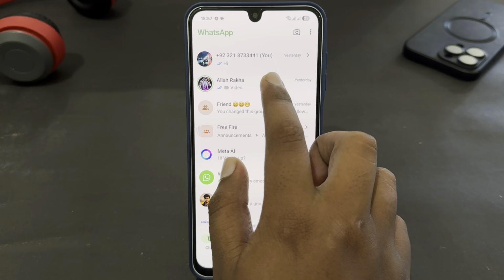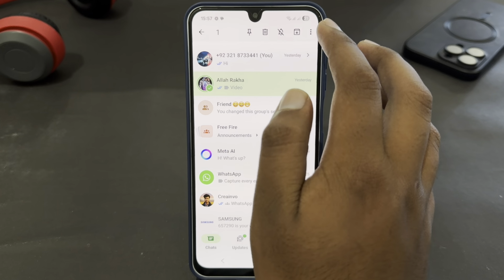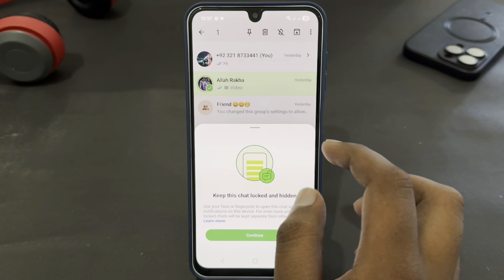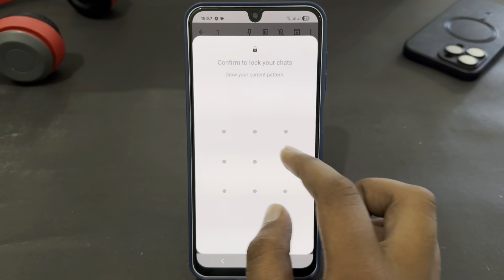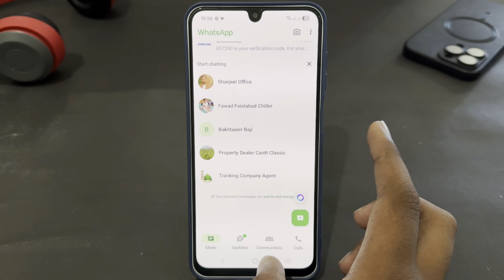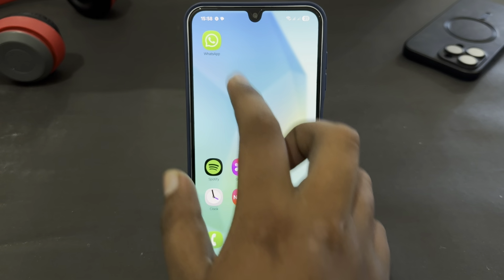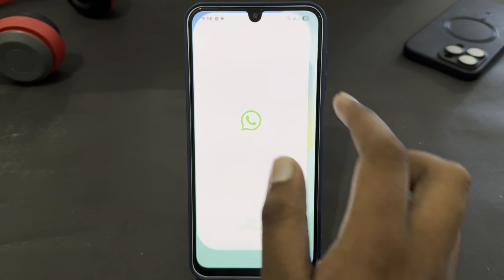Just keep a long press on the chat, then select the three dots in the top right corner, go for Lock chat, select Continue, and enter your PIN, password or pattern which you have, and your chat will be hidden. So now you just have to open WhatsApp, and here you can see there are no chats